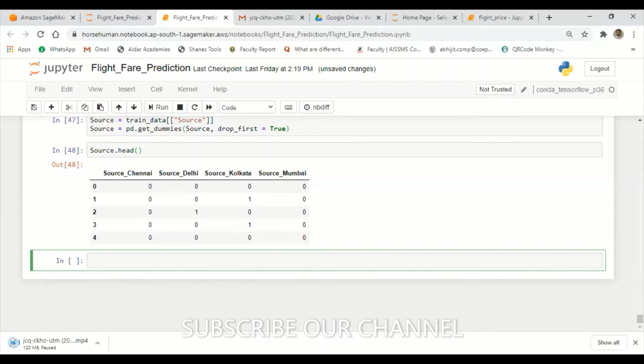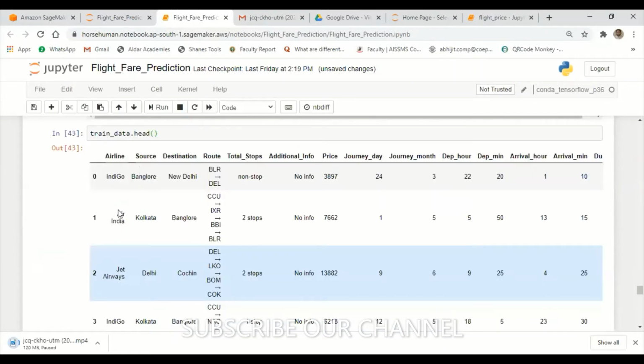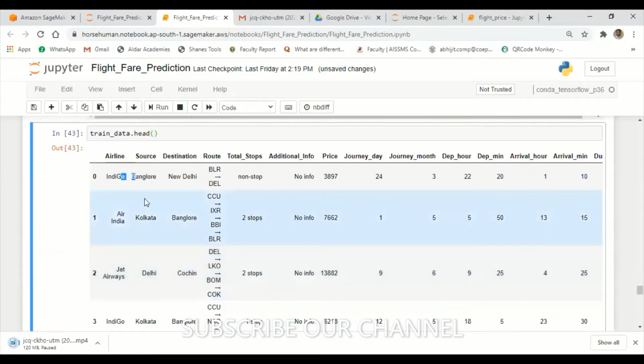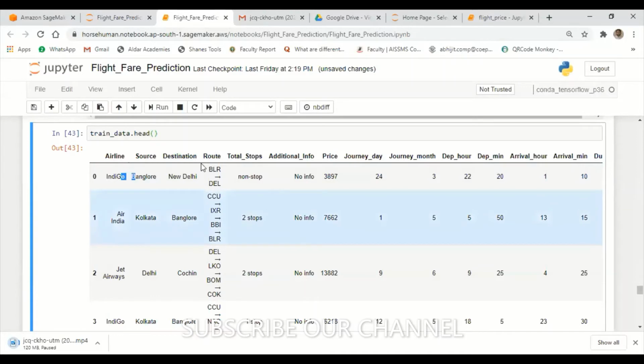Now, if you compare this, let's go to the data. I have converted the airline as well as the source. It is in numerical form now, correct, participants? Yes, sir. It has replaced your actual data with the one hot encoding technique. Airline now has a sequence of zeros and ones. In the same way, what columns are left now? Destination is left, route is left, total stops is left. So I have to work on these columns.